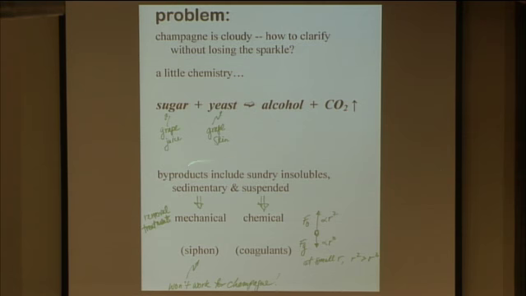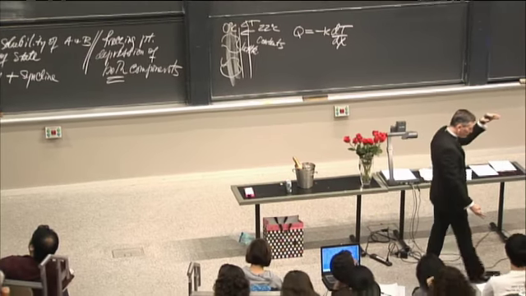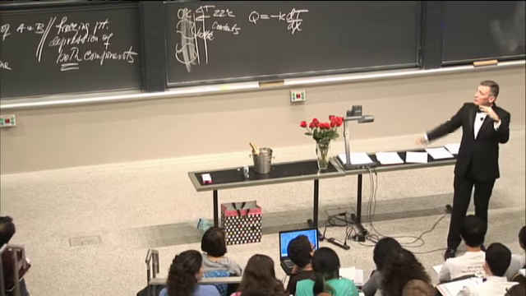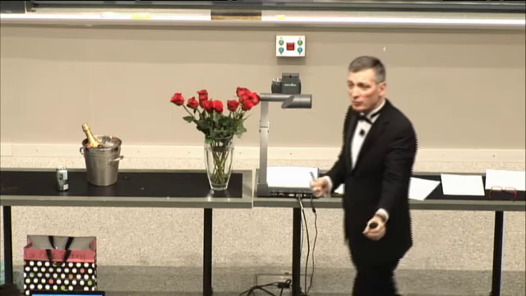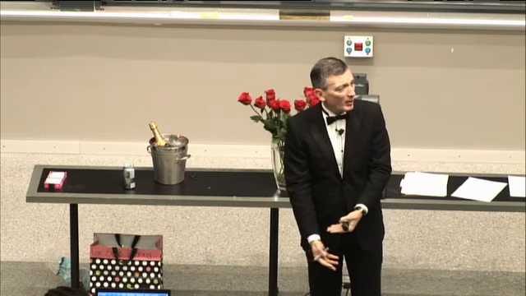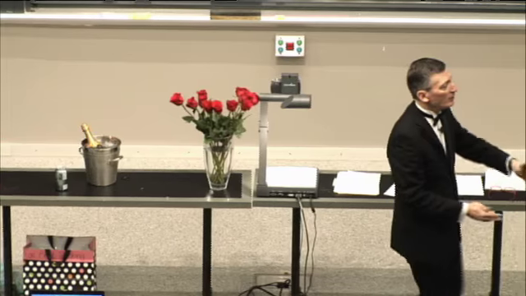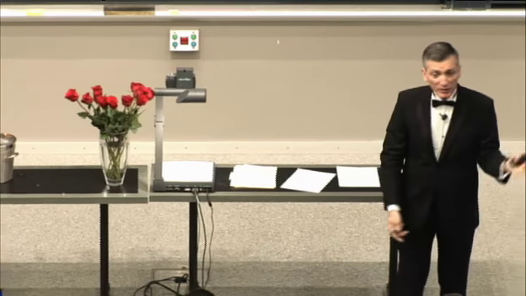And there's two types of insolubles. Those that'll settle, they're called sedimentary, and those that won't settle, they're called suspended. And how do you get rid of the sedimentary stuff? By mechanical separation. You let the juice sit, this reaction's taking place, and the sedimentary stuff is turning into gunk and it sits at the bottom. And then periodically you siphon. You siphon the juice off and you leave all the crud at the bottom of the barrel, and then you go for a few more months and then you siphon again. Well, that works for the sedimentary stuff,